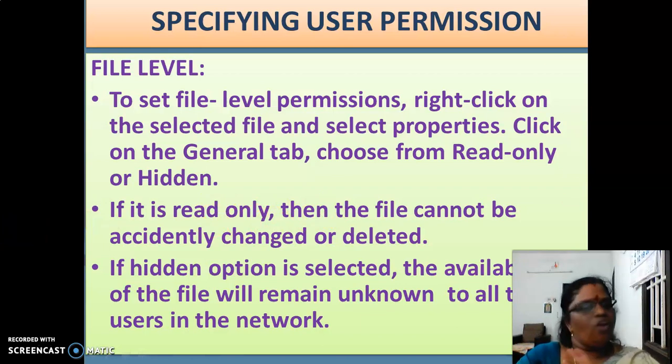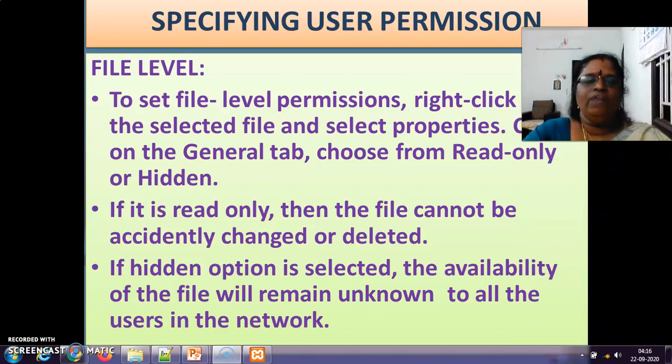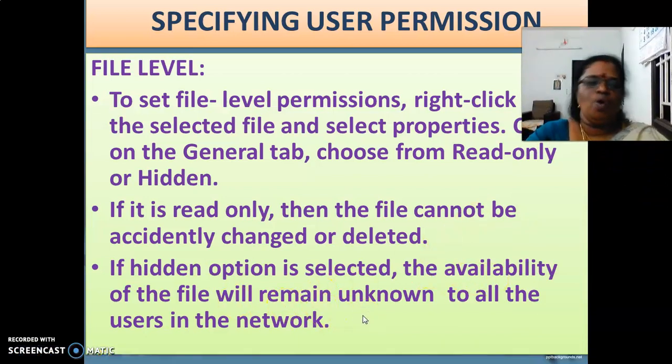Because it is read only, we cannot modify or delete it. If the hidden option is selected, the availability of the file will remain unknown to all the users. It is hidden, so we cannot see the file. So only two file level permissions: read only and hidden. Read only, we cannot modify; hidden, it is hidden.